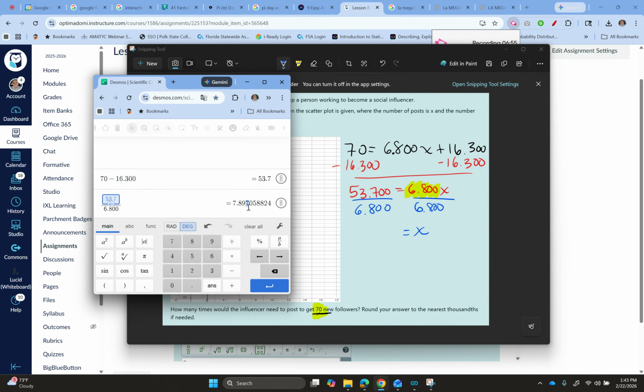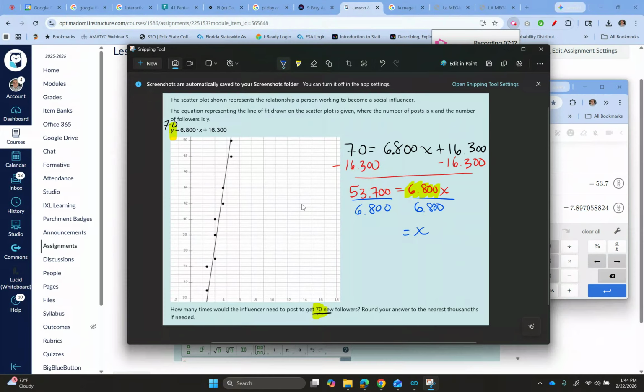And to round, I'm going to look to the right. If the digit to the right is 5 or more, the 7 will go up by 1. If the digit to the right is not 5 or more, it stays the same. So the 7 is going to remain the same. So my final answer here is going to be 7.897. So this is what you're going to have to do to find how many posts it made. So basically this is saying that this person has to post around 8 posts to get